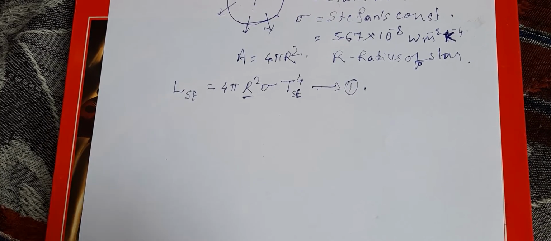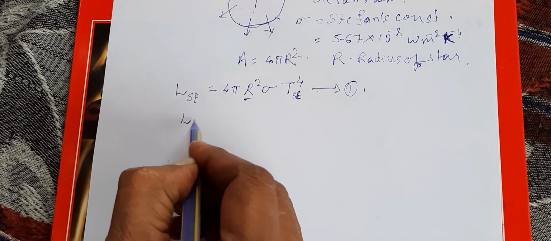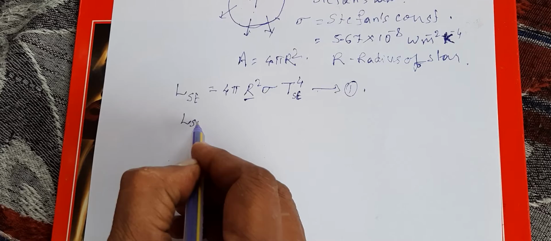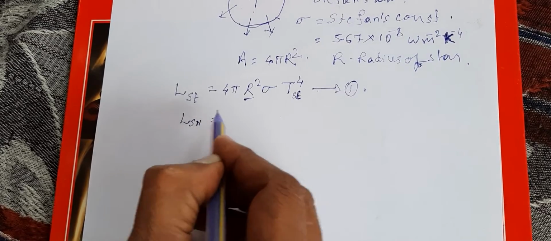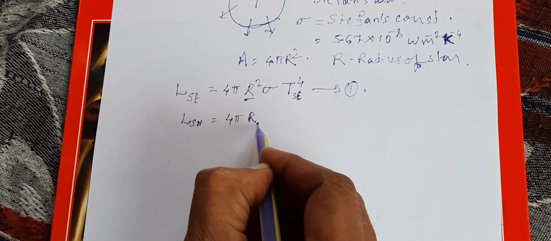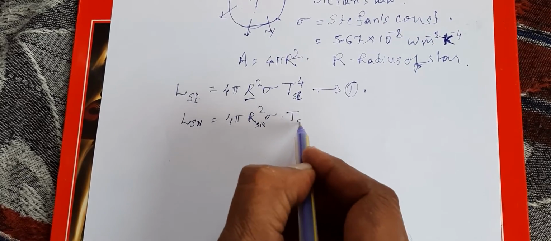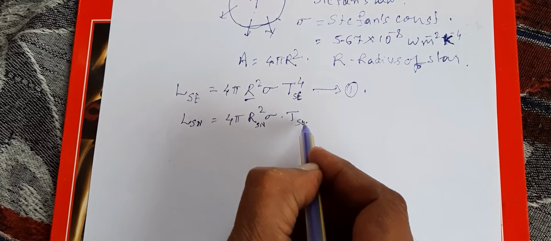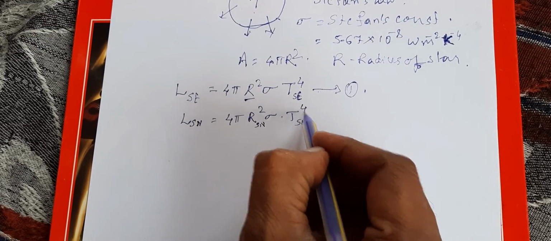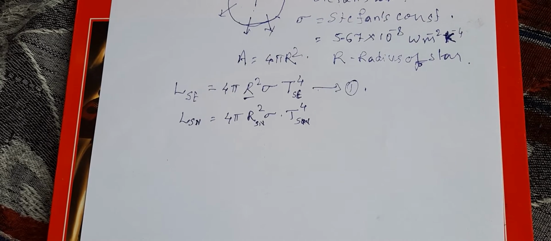Now suppose the sun has a luminosity, say L sun, then the luminosity of the sun will be the radius of the sun square into sigma into the temperature of the sun to the power 4. If this is true,